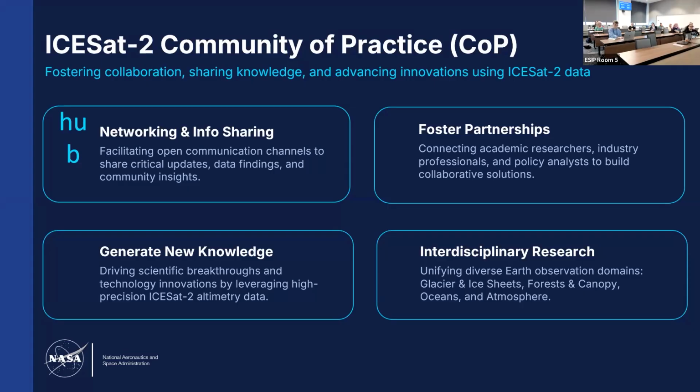And lastly, our NASA missions can do a lot of stuff. Like ICESat-2, even though it has ice in the name, can do a lot more. It has bathymetry. It has, obviously, ice. Tree canopy. So it has a lot more capabilities than initially planned. So getting that word out as well is super important.